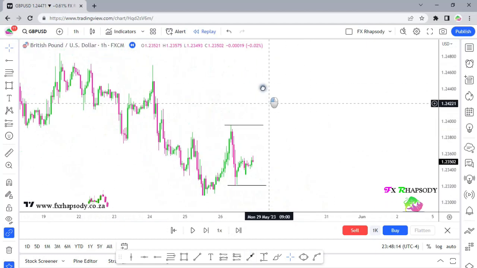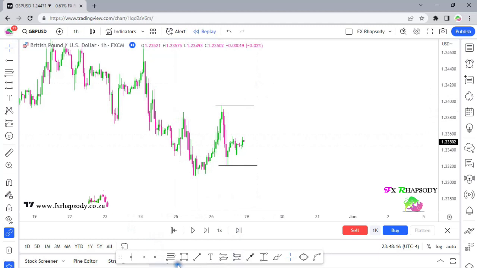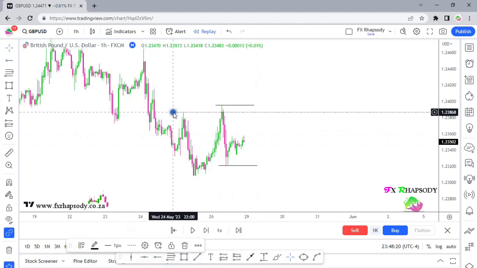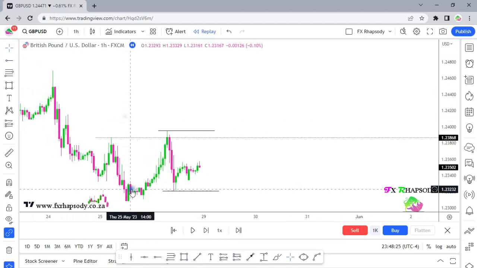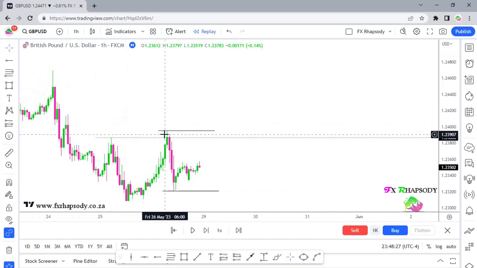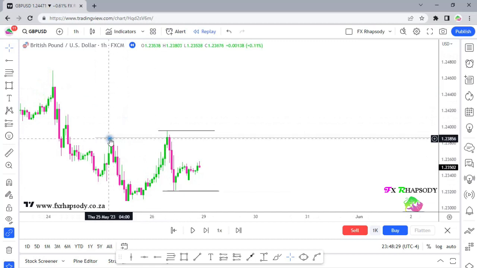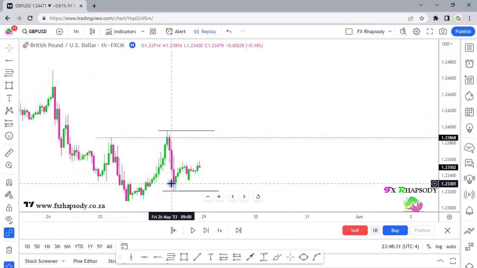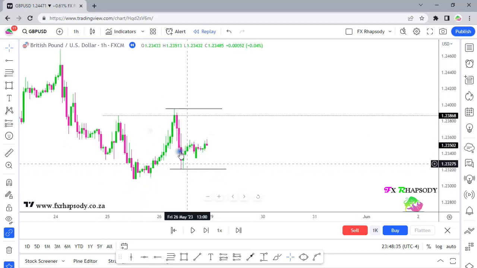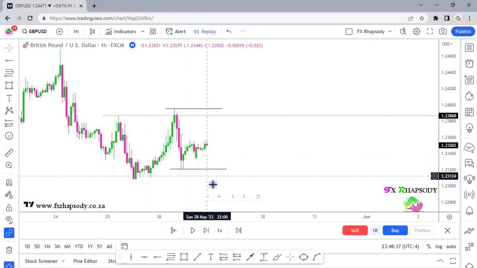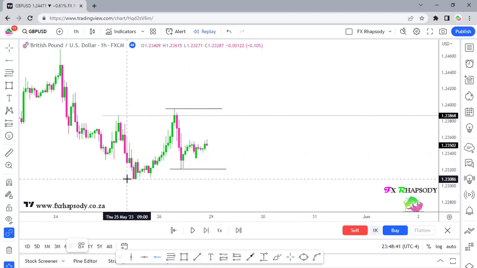Then what we saw is this little high that was broken, I'm just going to highlight it, leading up to the end of last week. So we had a nice break of that previous high, not the low, the high, and then price just turned, not taking out this low. I was waiting to see if price was going to carry on downwards, attacking this low over here, or if price was going to start